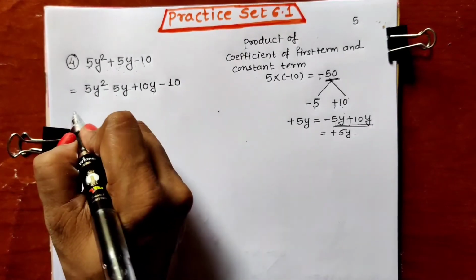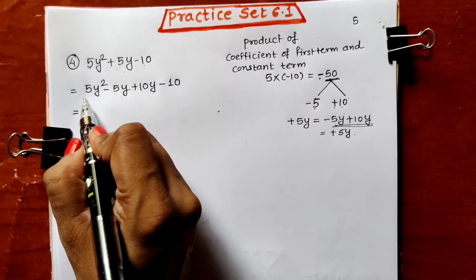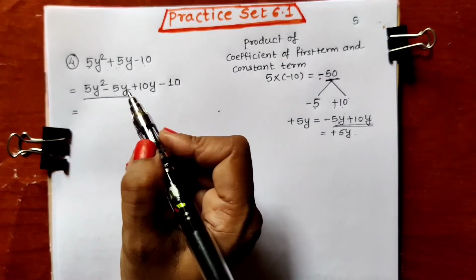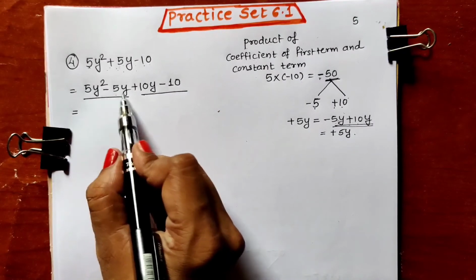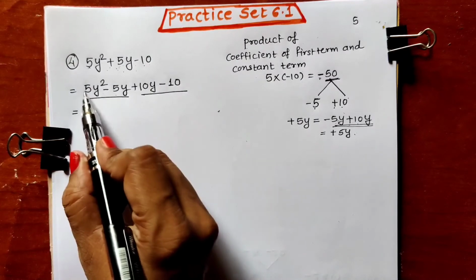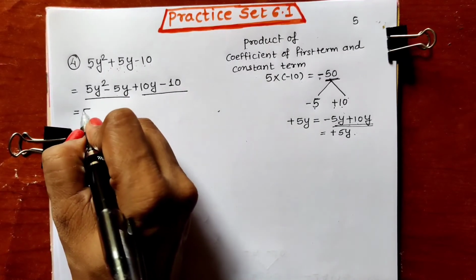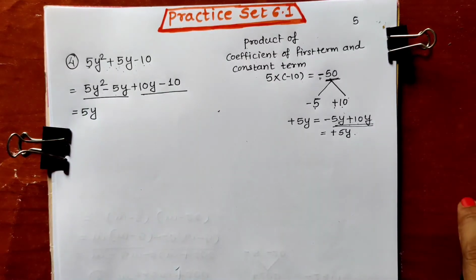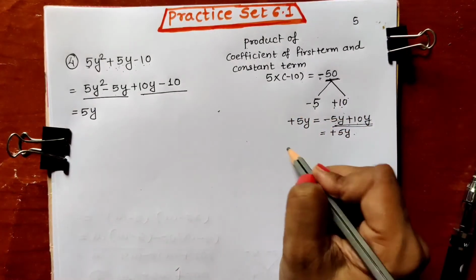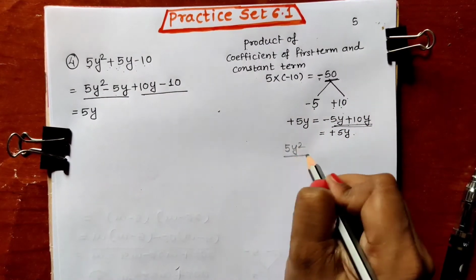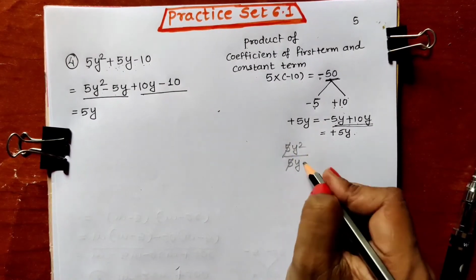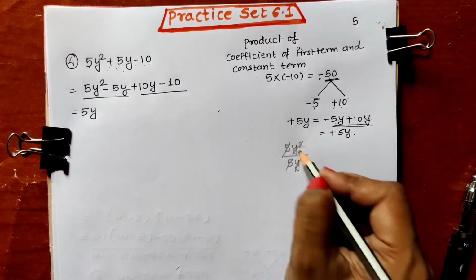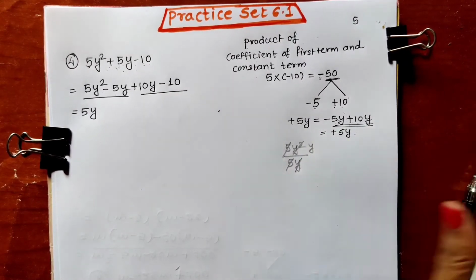Now let us do by same method. We will take out common from first and second term and then third and fourth term. In first and second term we can see y is common, but with y 5 is also common. So we can take out 5y common. We all know taking out common means we divide by. So from 5y square, if I write here 5y square, 5y taken out common, 5 cancel with 5, and y square and y. From y square y is taken out common, 1y is remaining.